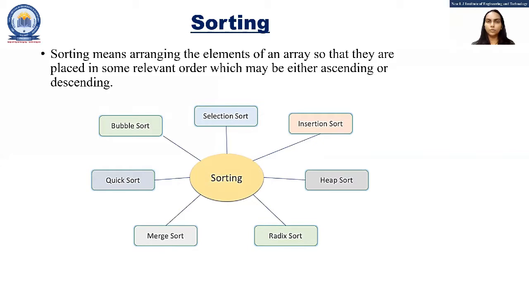There are many sorting algorithms available, such as bubble sort, selection sort, insertion sort, heap sort, radix sort, merge sort, quick sort, right? Each sorting algorithm is different, and the way in which they are performed is different. Why do we require so many sorting algorithms even though they are doing the same thing, that is sorting? Every algorithm sorts in ascending or descending order. The reason is that it depends on the amount of data you have, and based on different amounts of data, different sorting techniques are useful.